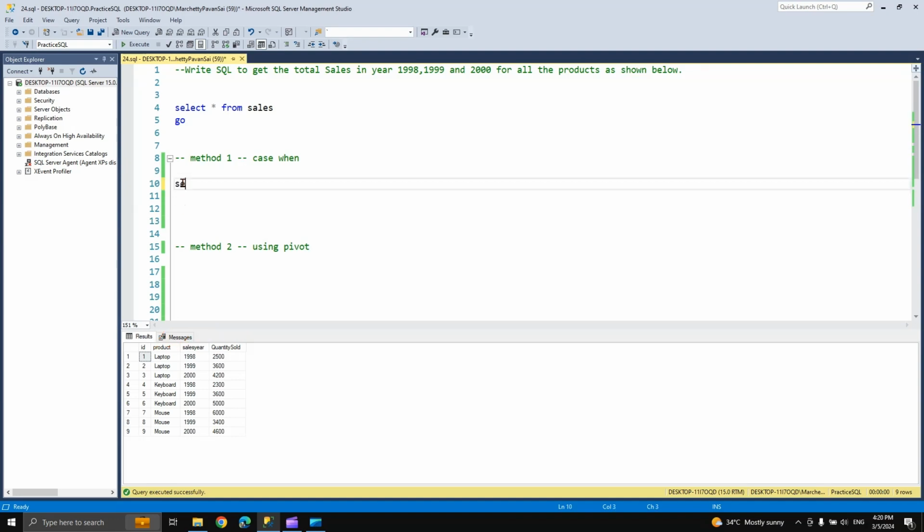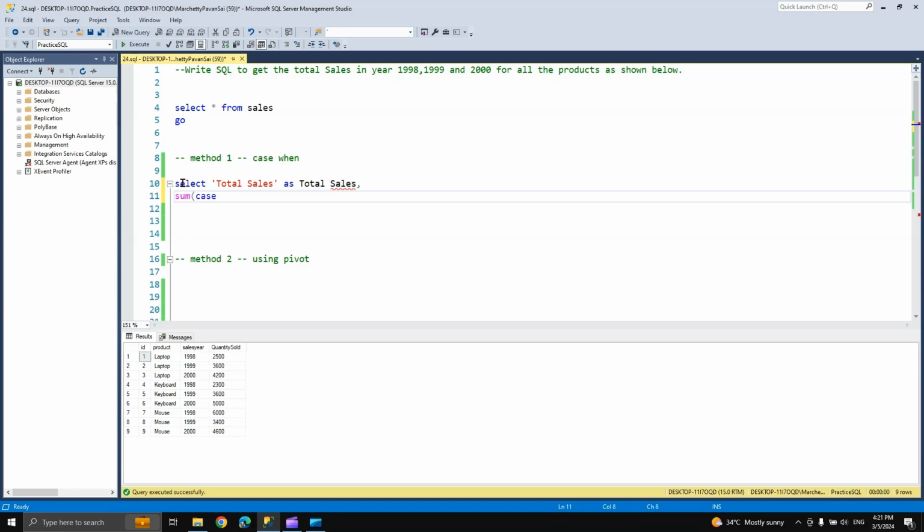Here I'll write select, and let us give the name as total sales. This is the column name which we are giving as total sales. I'll write other columns using case when statements. Let us use the aggregation for the case in an individual manner. I'll write case